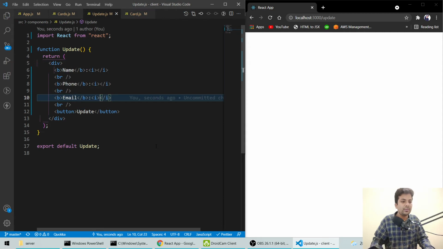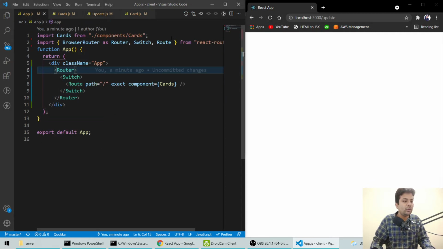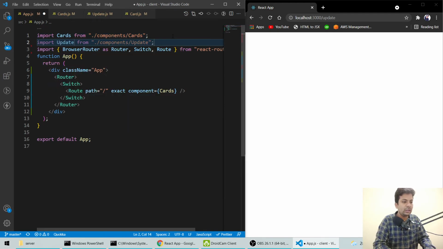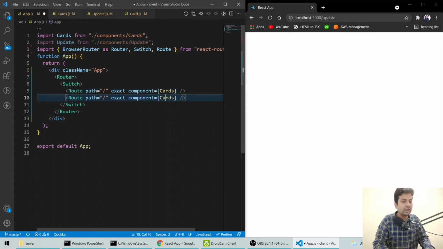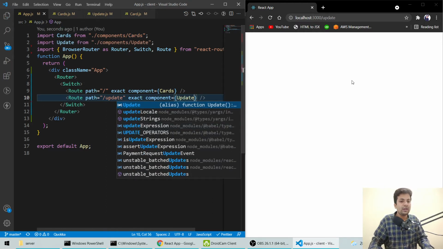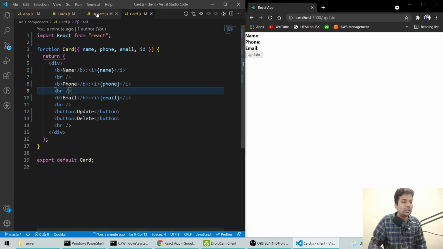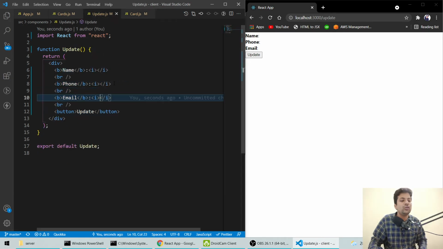Save it. It's still nothing on update because we have to import it in here. We'll say import Update from components update, auto completed. Now I'll copy this route, paste it, and say when I go to update, use the Update component. Save it. Now this appears, but no data is here, so that's why it's showing empty.